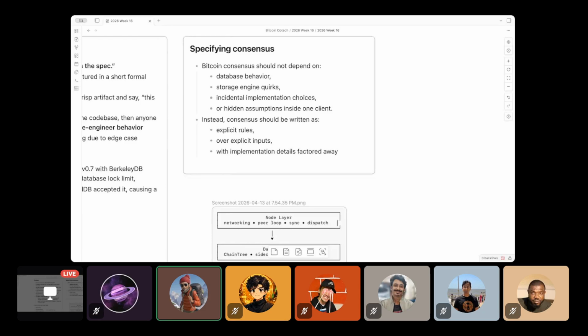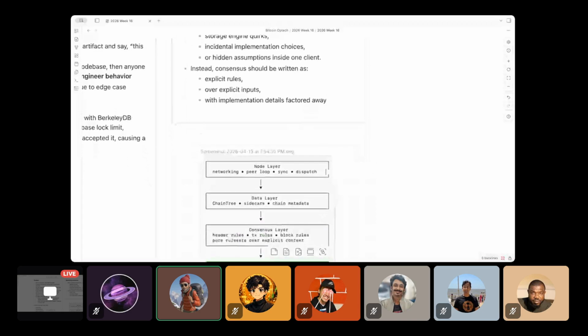Consensus should be explicit, and it should have all the implementation details completely abstracted away from it, so that in no way or form do they affect consensus rules. So this is the approach on which Hornet bases its work.